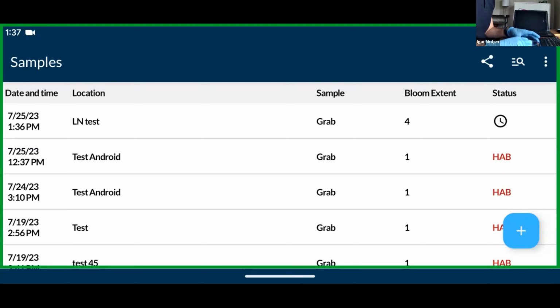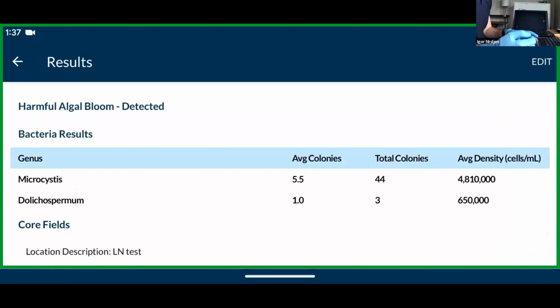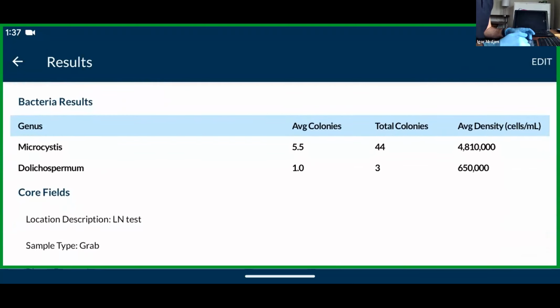So once you've uploaded your sample, all you're going to do is drag down that list and refresh it until you get a diagnosis. See, it's already done there for the sample I just uploaded. So when I open up that sample by clicking on it, I get a display that shows me which types of cyanobacteria were detected. So here I have Microcystis and Dolichospermum, the total numbers of colonies detected in the images that I uploaded, and then an average density of cells per ml based on some literature values and some values that we